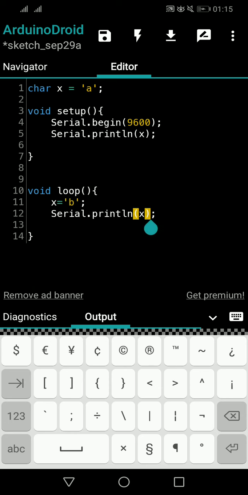So in our next video, we will have a look at string data types. No, character data type we have done. So remember, char is the data type name according to the Arduino language. For characters we use char, like for numbers we use int. For numbers, yes, there are other data types also, but for the moment we are using int. So this is a variable named x, and the variable value is a. So this is all clear to you.